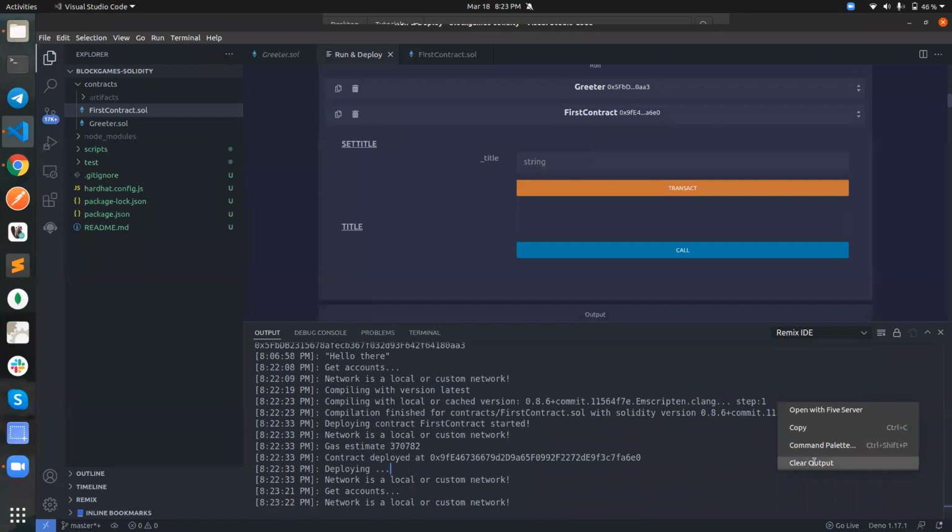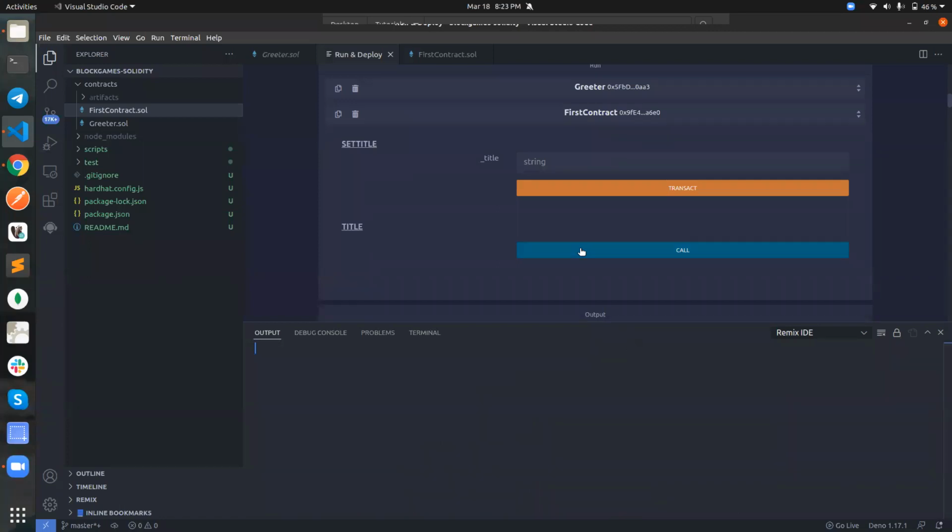So let me test it out. First, I'm going to call it to ensure that nothing is inside it. As you can see, it's returning an empty string because our title variable is empty. We did not set it to anything. So now let's set it to something, say block games,